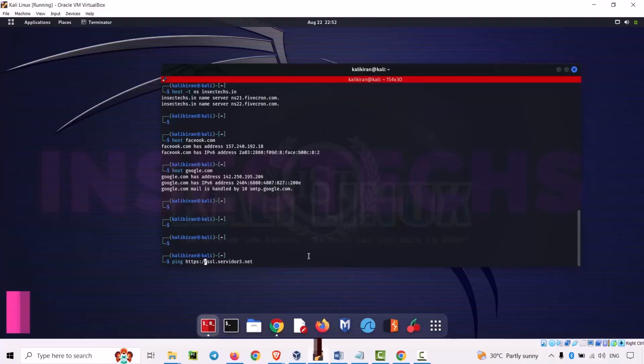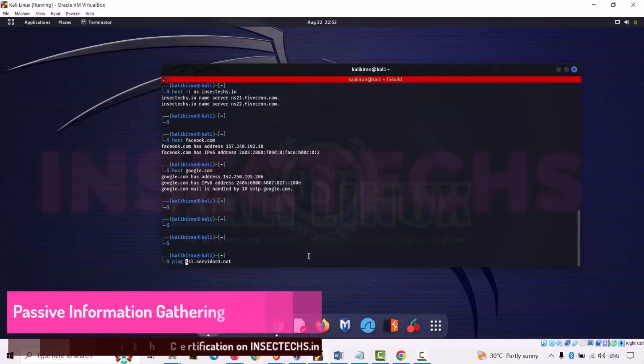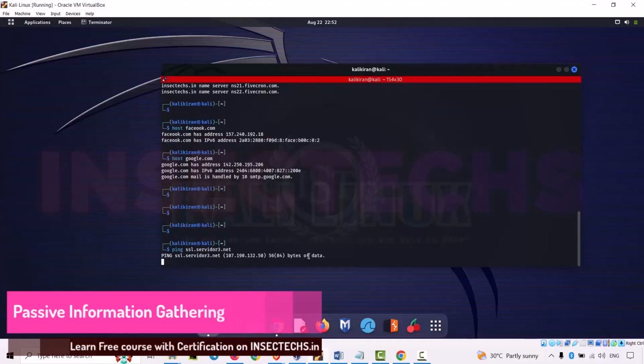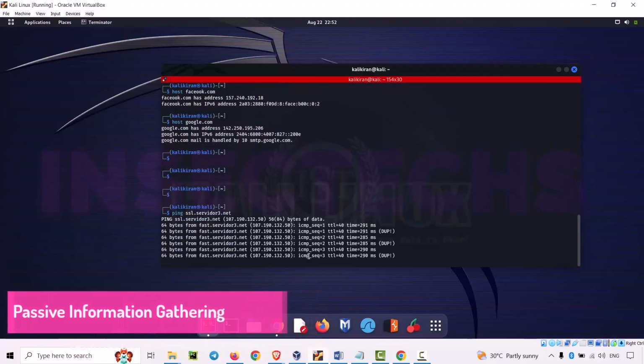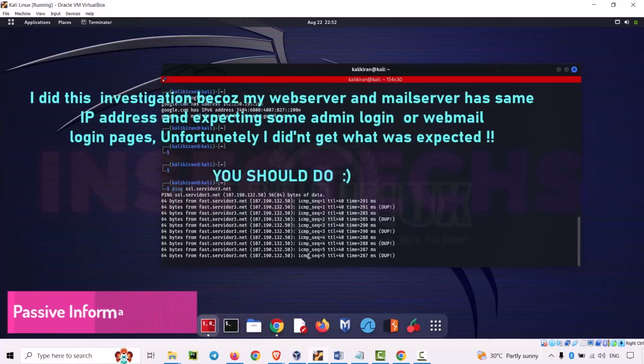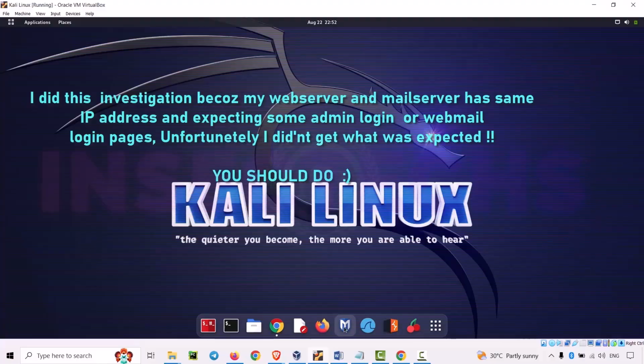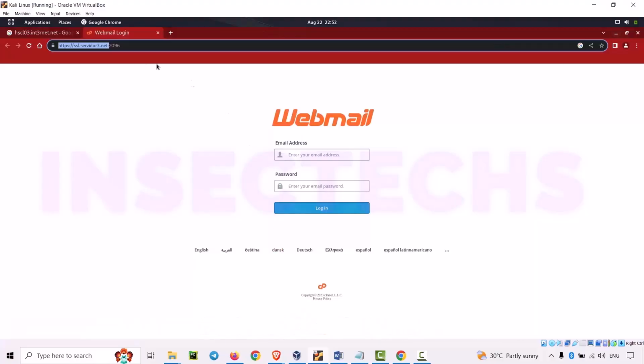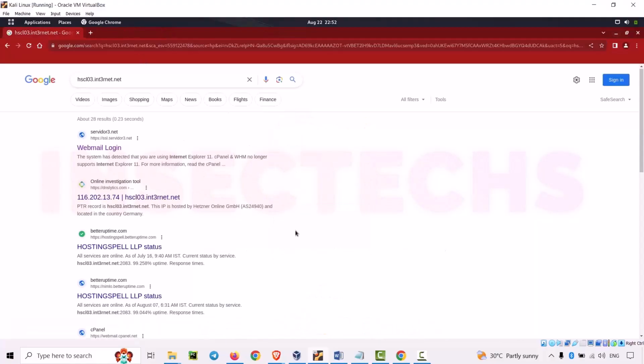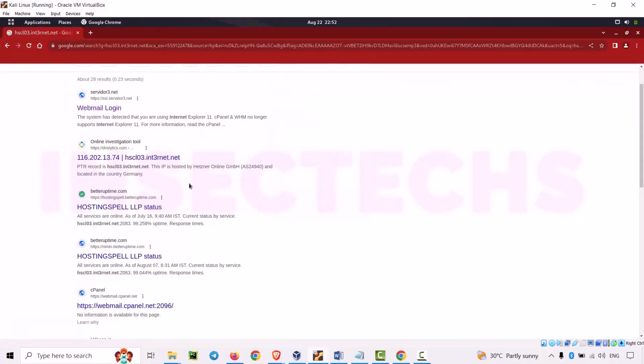This is called trial and error method, so I'm just doing some nonsense work. So I think it's not related to our target, so let me close this. Let me open the browser once again and close this as well, the webmail part, and let me go to the online investigation tool, which is the second link,